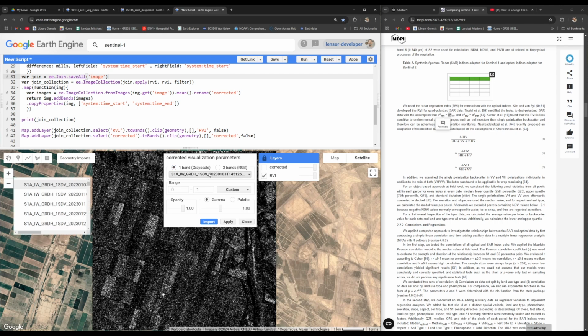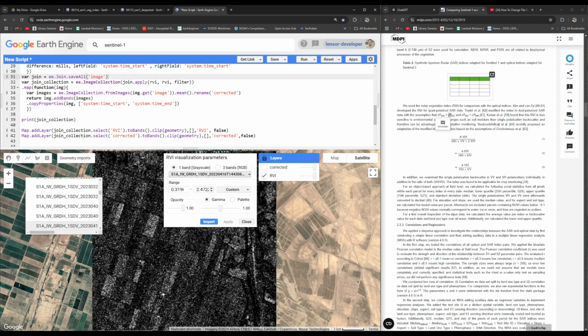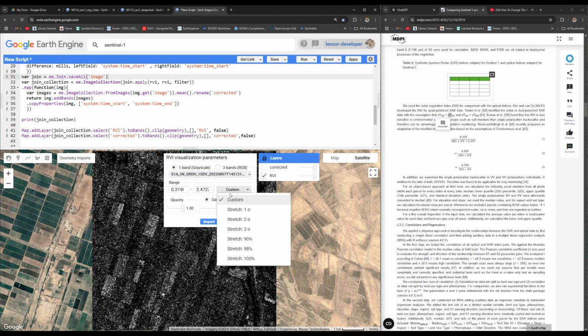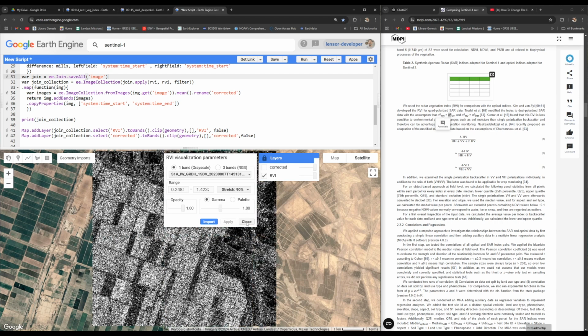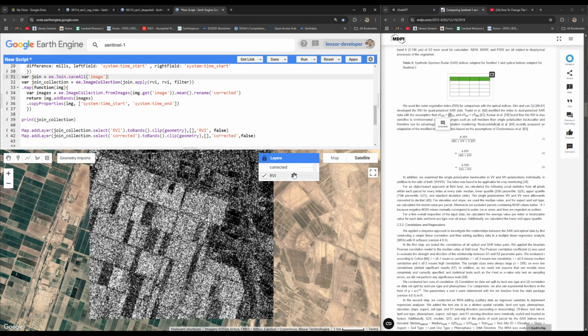So go to the corrected version and let's select a date in which vegetation cover is maximum, because that is better for agricultural studies, because this paper is also talking about the growing season or something like that. For example, let's go to August, for example August 7, 2023. Let's increase the contrast by 90% of values available in this image. Yes, this is better, in which vegetation cover is higher. And August 7 in the